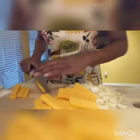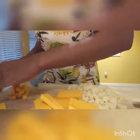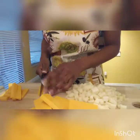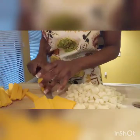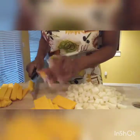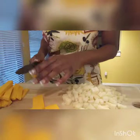I would have to say one thing about this dish, it's very time consuming when cutting up your blocks of cheese, especially if you're making a big pan, as I'm only making a half pan today, just to show you how I make my macaroni and cheese. But typically, for people who have a lot of people in their family, for Thanksgiving, if you're going to have more than 10 guests, I suggest you get a large pan. And some people have like 20 people coming over, then you would obviously be cooking at least 2 pans of macaroni and cheese. So prepping for the macaroni and cheese does take time because of the amount of cheese you would have to cut